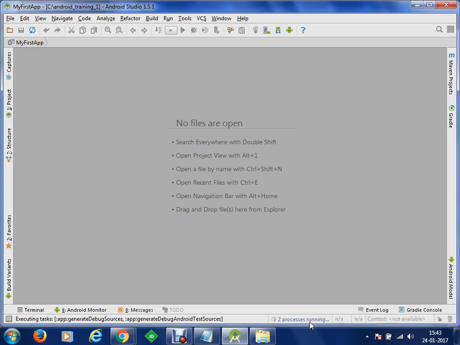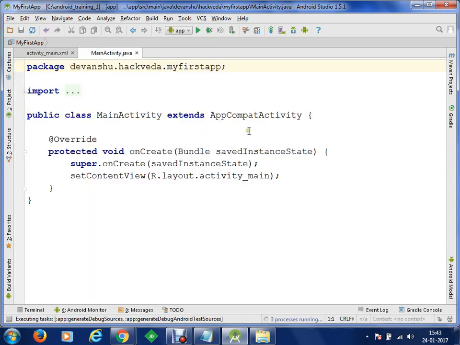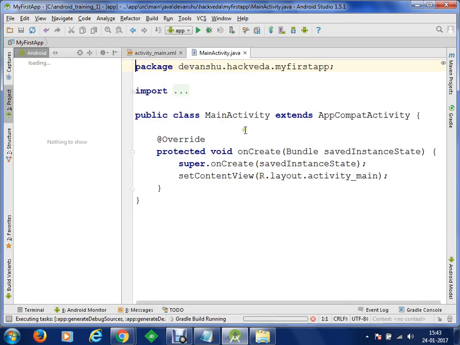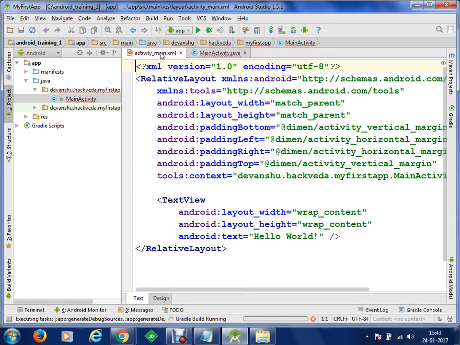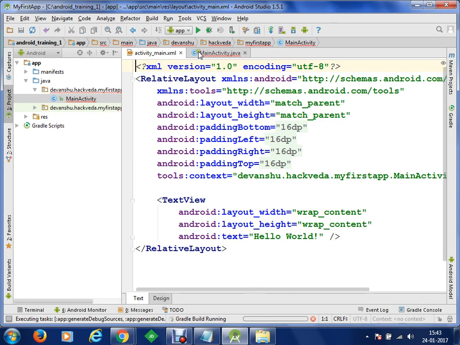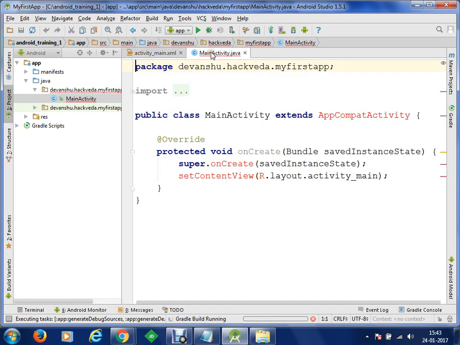As soon as the process completes, we will be able to see two files here. The first one will be the layout file and the second one will be your Java file. You will be designing user interfaces in your layout file, which is XML, and you will be writing your code in the Java file, which is your MainActivity.java.